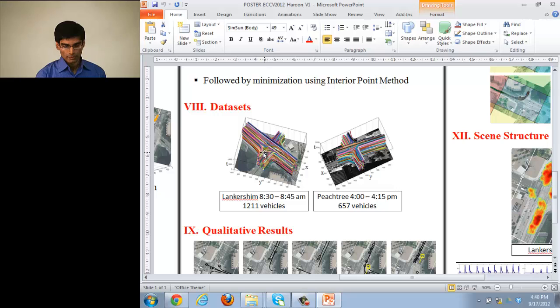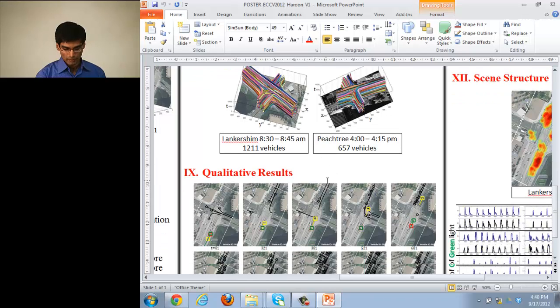We conducted the experiments on these 2 data sets, Lancashire and Peachtree. Lancashire had 1,211 vehicles, Peachtree had 657 vehicles. These are the inferred trajectories. And qualitatively,